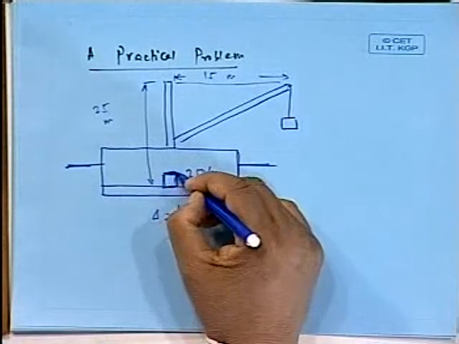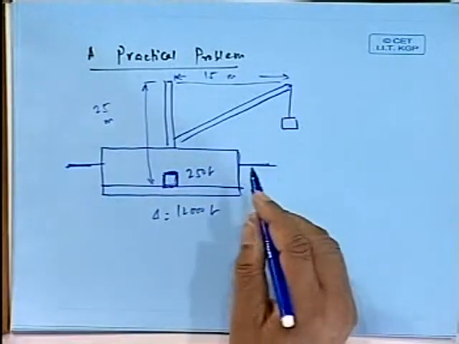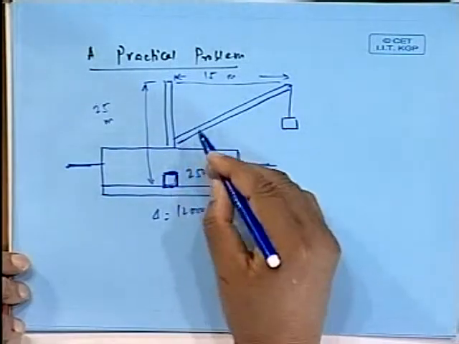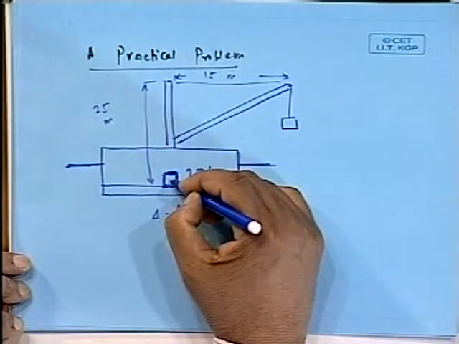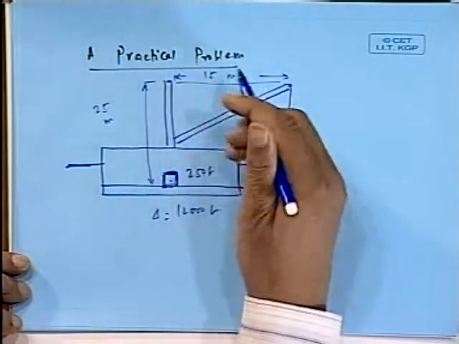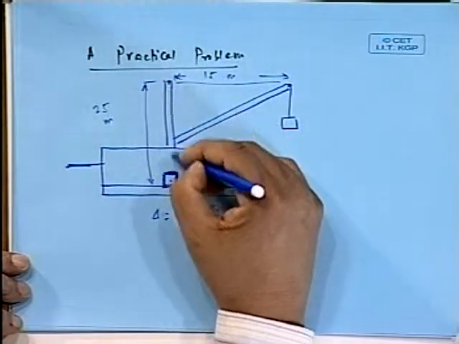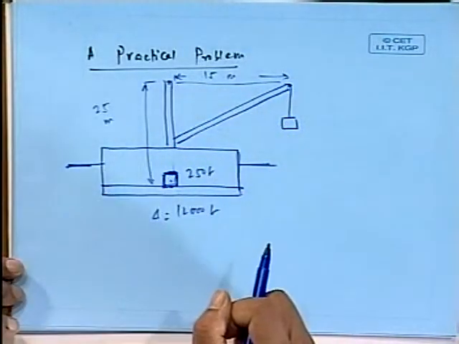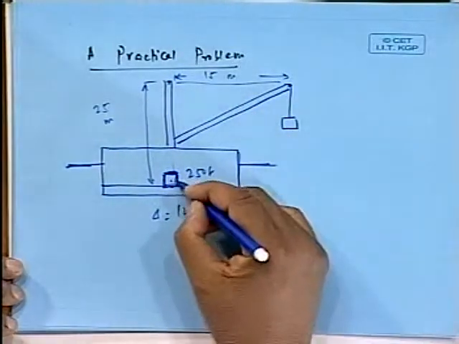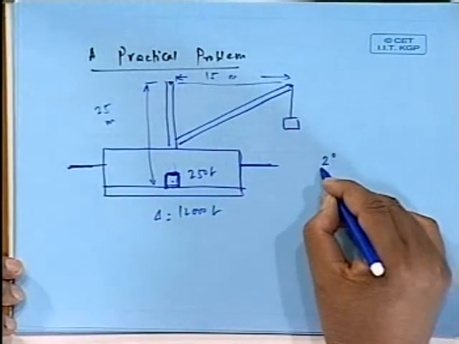Now, there's a problem that is given. What I wanted to say is that there is a weight of 250 tons. There's a crane here. This is the crane, so the jib point is here. You have this crane here and you just lift it. The moment you lift it, the moment you touch it, the ship actually rolls to 2 degrees.